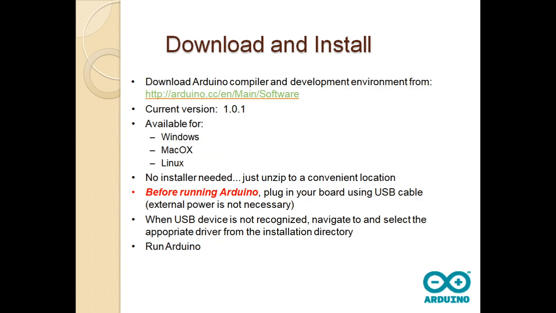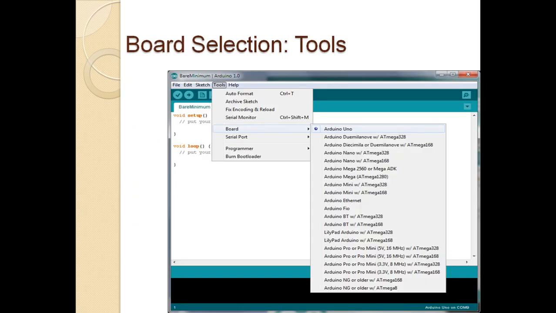So now we will show you how to download the Arduino Uno from the web. To start with, how to select the board. So we'll go to tools, then we'll go to boards. You'll get different kinds of boards, and hence you can just select whichever board you are using.